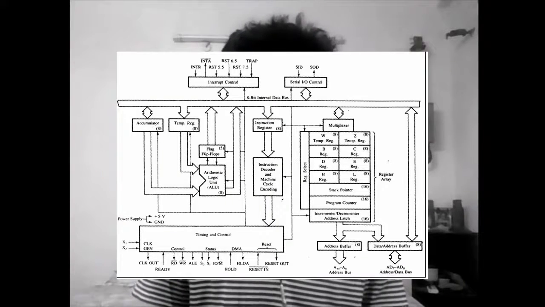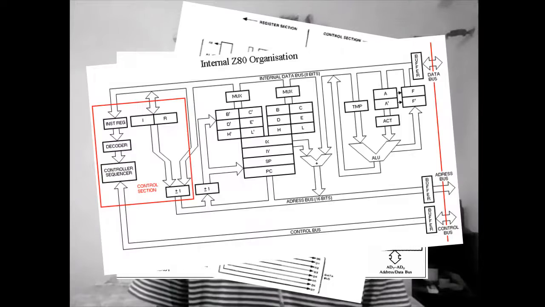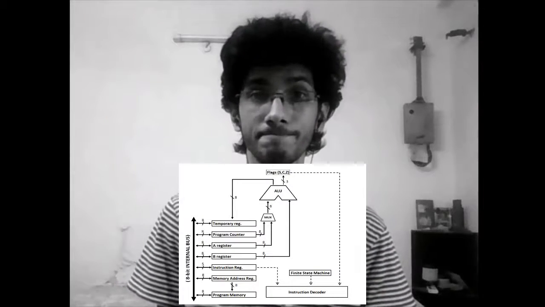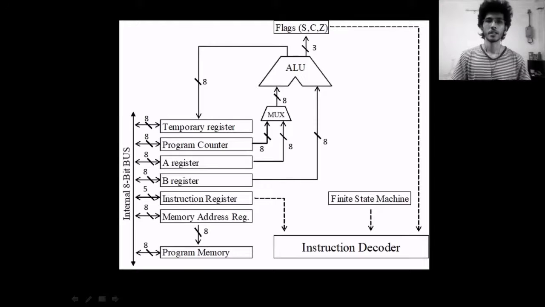I decided that my Relay computer would be an 8-bit processor. So I started extensively looking into the computer architectures of other commercial 8-bit processors such as the Intel 8085, the 6502 and the Z80. Finally, this is what I came up with. This is the architecture of my Relay computer.